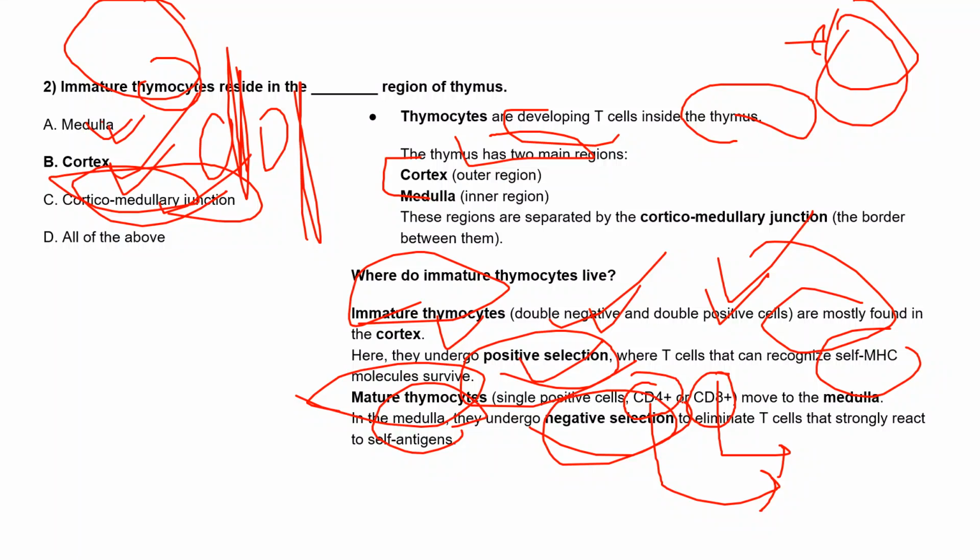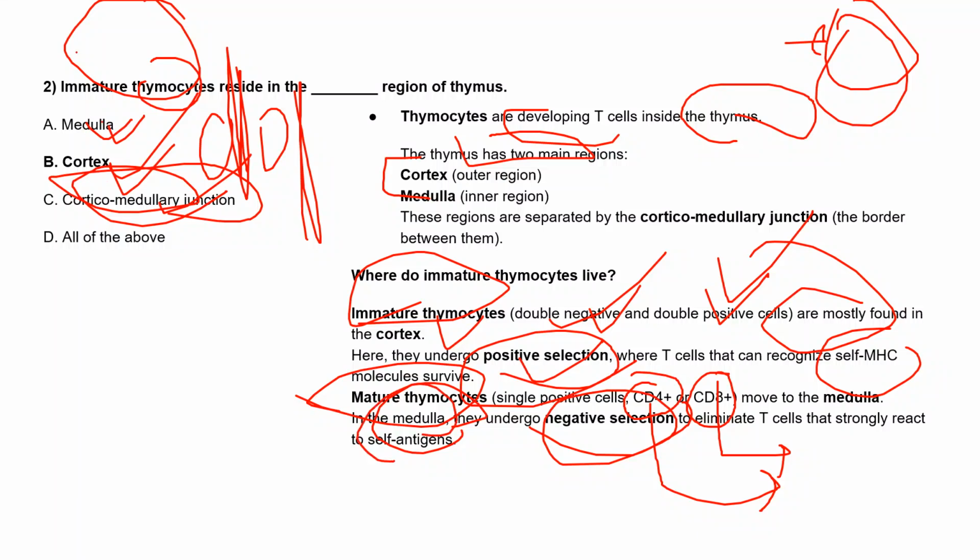They'll also eliminate those T cells which react strongly with the self antigen, because self antigen means our own body's antigen. If they react strongly with that, an immune reaction will happen, and it can become more vigorous because they'll activate more T cells. So they'll start attacking our body. For that, they have to undergo negative selection also. That ensures that they will not bind the self antigen very strongly. So this process happens in the medulla.